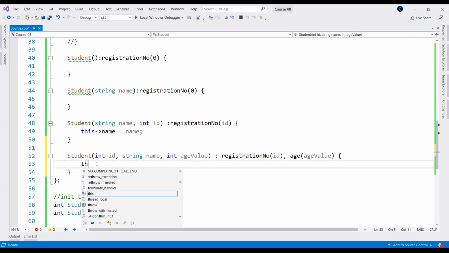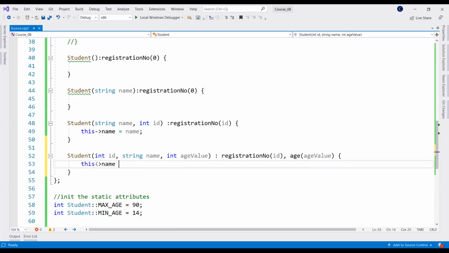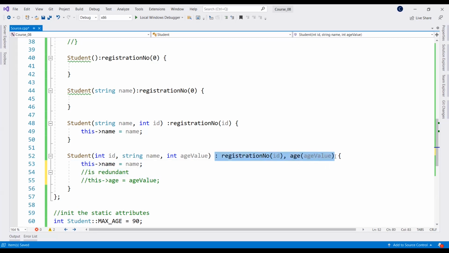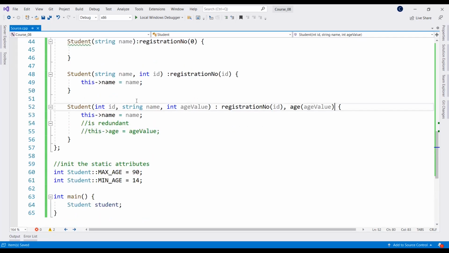Now, if you write here name equals name, and if you write here this age equals age value, is redundant. You already have initialized age with age value. And if you write this again, you copy it again. So this is redundant. Okay, so you either use the classic approach, or you use the initialization list. And there is no limit here. You just add another comma and so on. For example, I can write